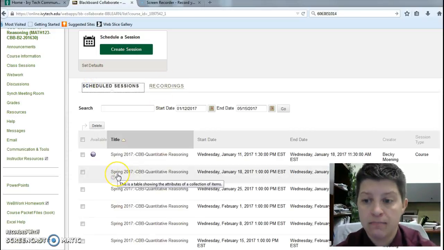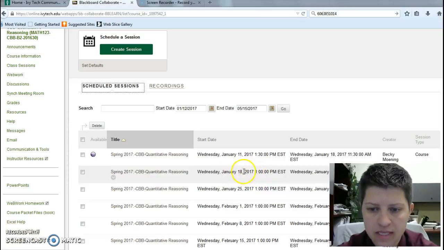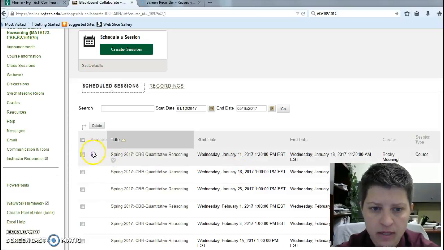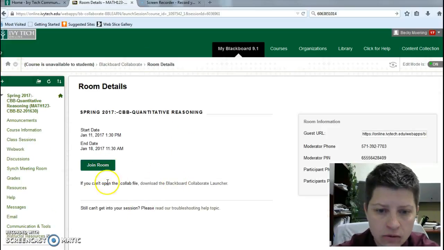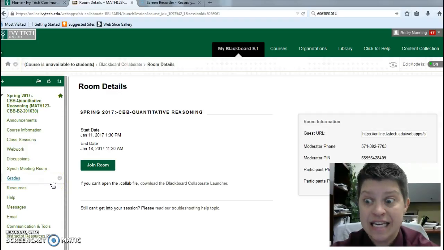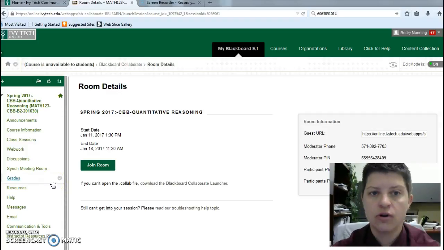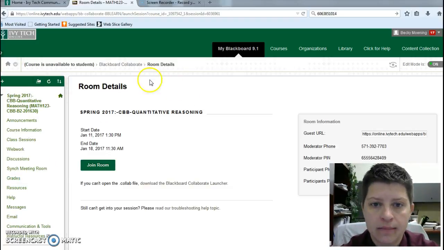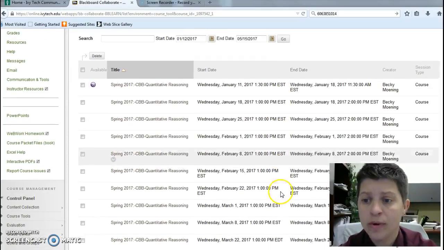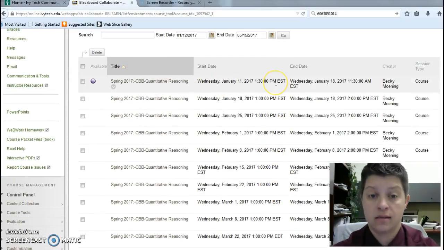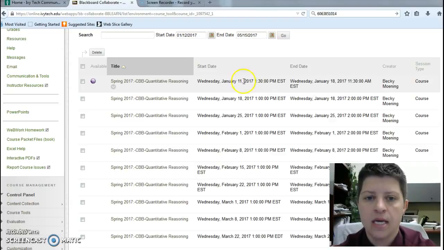So I do recommend that before next Wednesday, before Wednesday the 18th, you click on this purple button, which shows that this is a live link. Join the room. Download the launcher, whatever. Figure out how to get in that room, because next Wednesday you don't want to be 20 minutes late to class because you couldn't figure out how to get in. Nobody's going to be in there when you go in, because I'm not in that room right now, but it's live.